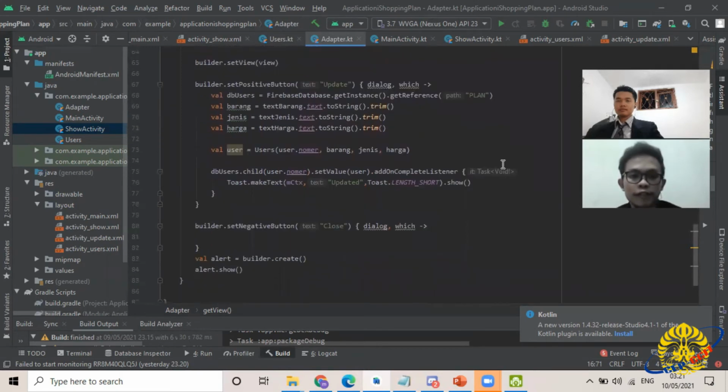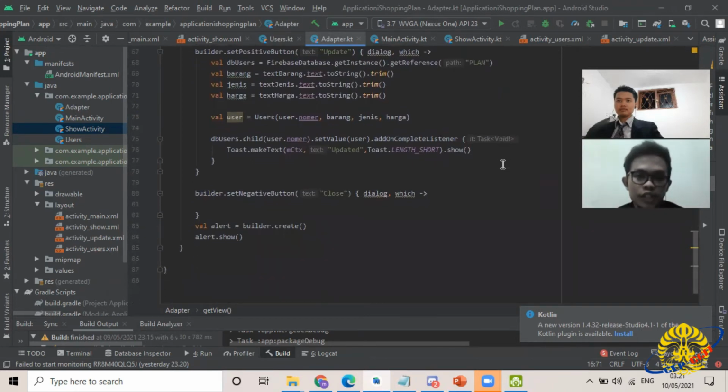Then builder.setView for the view of the data, and then setPositiveButton with builder text update. Then in the dialog we create dbUser for the instance, getReference to the plan database, and variable barang equals text barang.text.toString().trim(), and the same for jenis and harga.